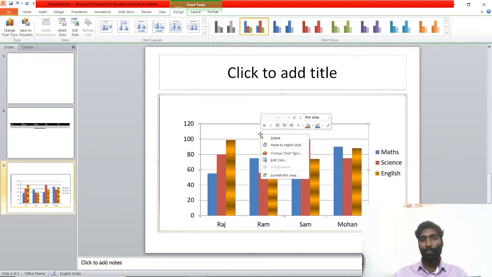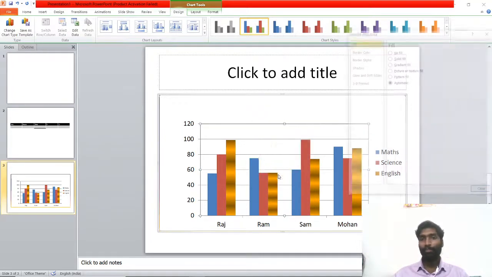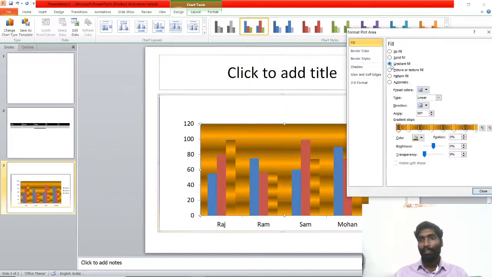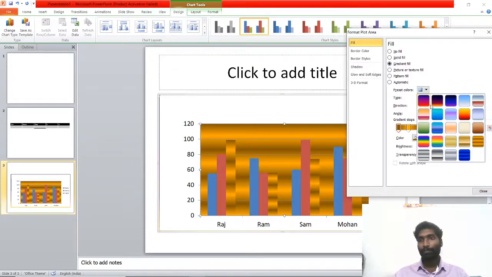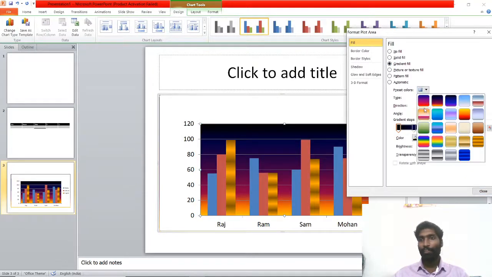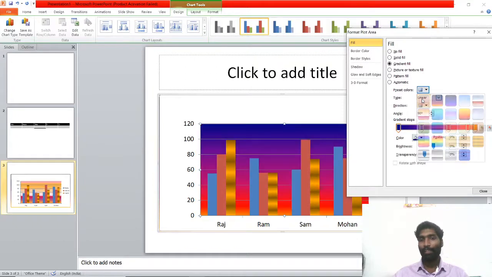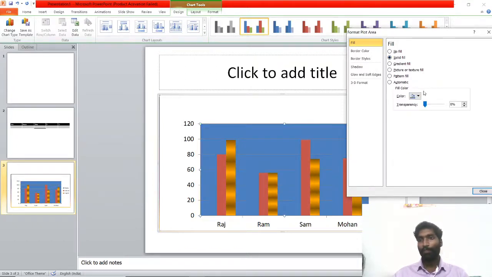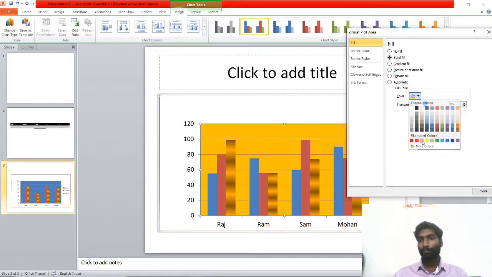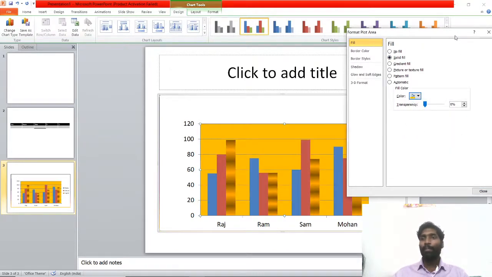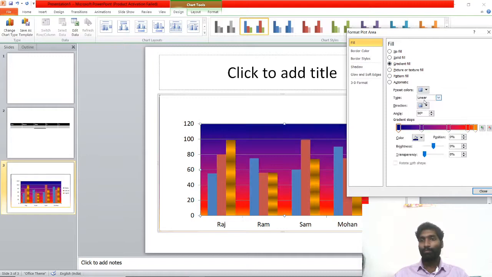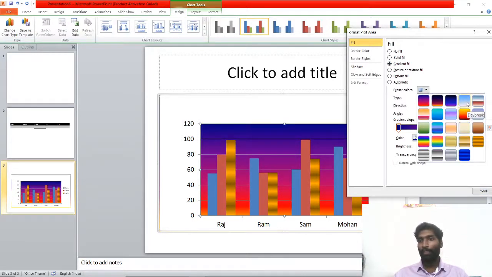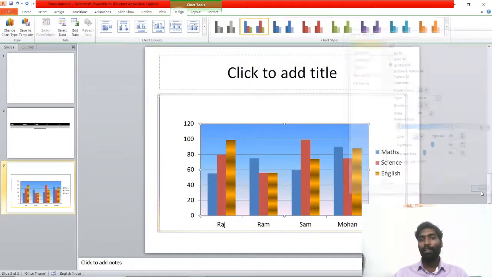If I want to format the plot area, just right click, format plot area, gradient fill or any as you wish. You can select solid fill, and this is your practical. If you do practical once, you will be able to understand this concept.